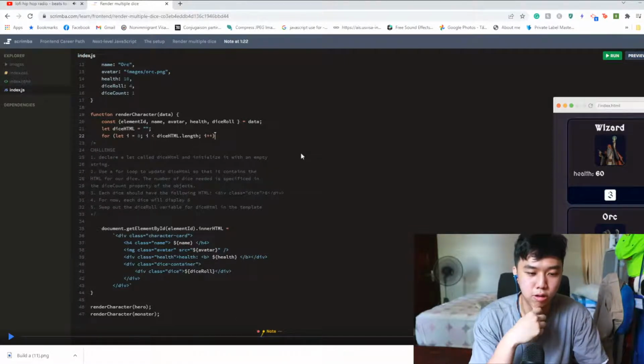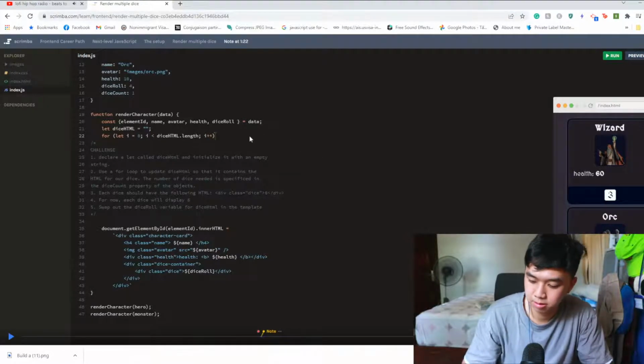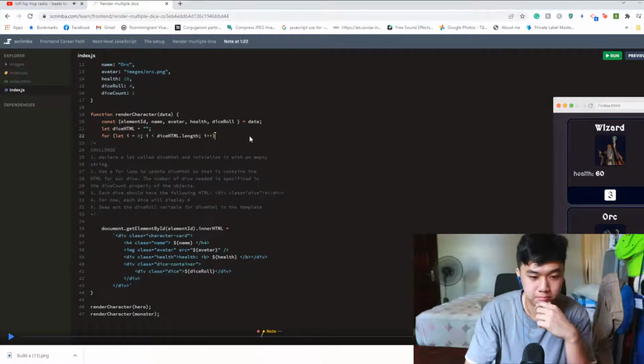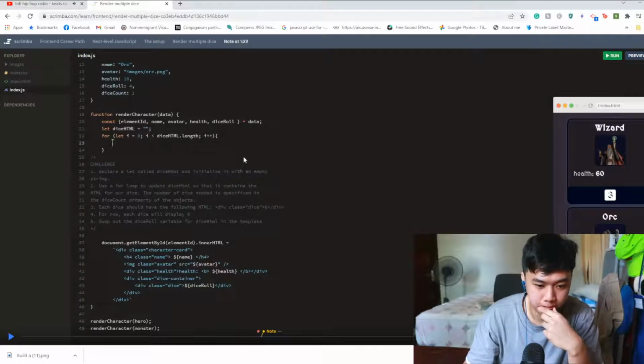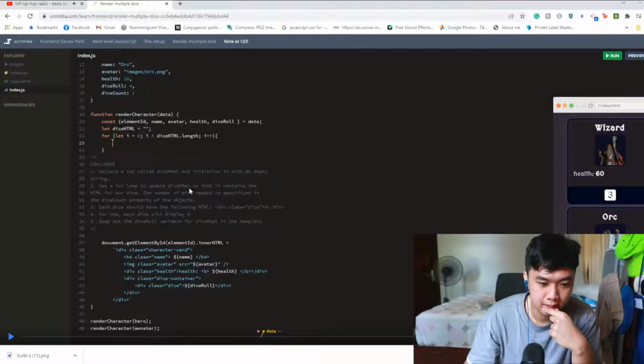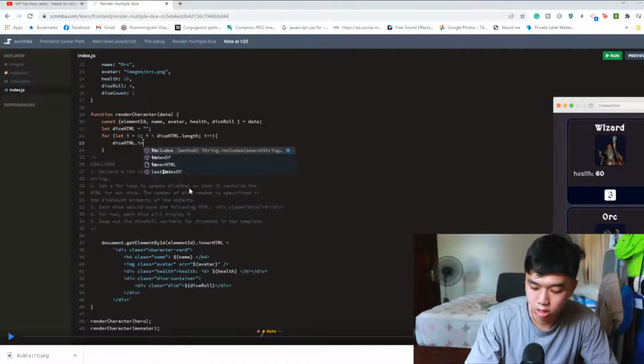All right, we do for loops, and then we have to do this. I'm pretty stuck on this, so let's see if we can figure it out. Use a for loop, update the dice HTML so that it can contain the HTML for our dice. Dice HTML dot index HTML is going to be equal to